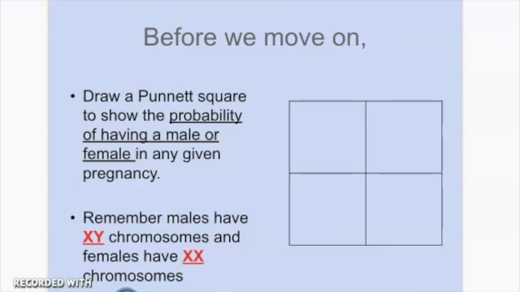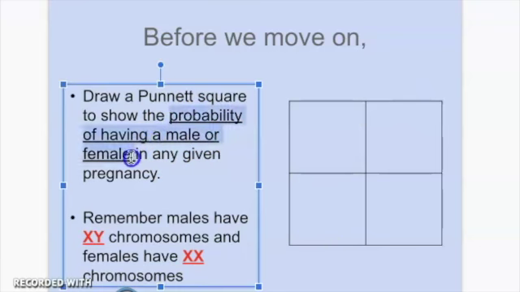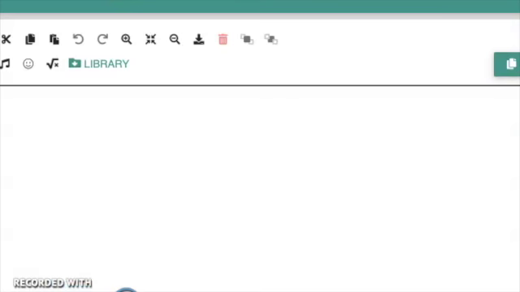Okay, so before we move on with all of the different types of inheritance, let's take a stab at this Punnett square. So let's look at how these sex chromosomes are inherited through fertilization, and so what the probability will be of there being a male or female produced in pregnancy. And we're going to actually do that